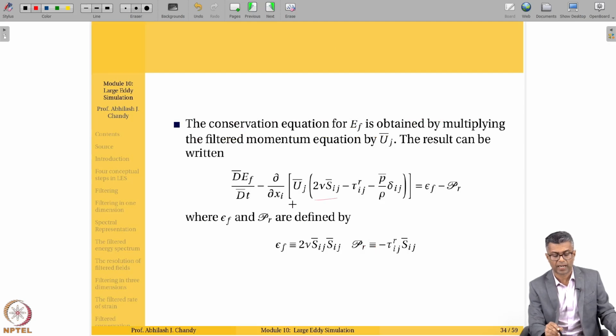So I'll have ∂/∂xi of uj times 2ν S̄ij minus uj times τij^r minus p̄/ρ δij, and what I'm left with is these two terms related to dissipation and production, with the dissipation term given by 2ν S̄ij and the production term given by τij^r S̄ij. How did I get that? Because what I'm doing is,